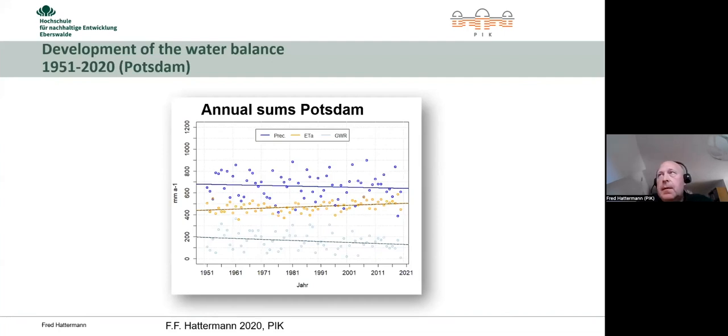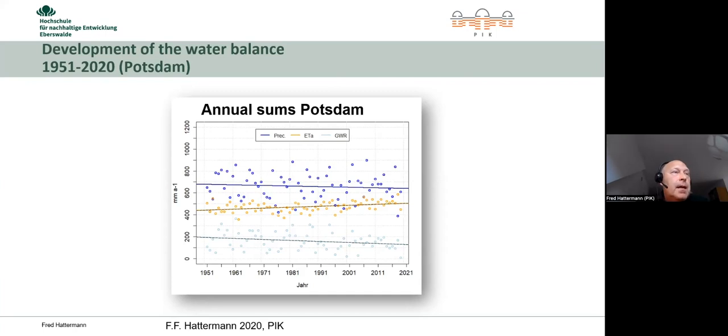And when we have a look at the development of the water availability in our area, we see that in dark blue is the precipitation, and that we did not have really a strong decrease in precipitation. We had some dry years lately, but not really a long-term decrease. But what we have is a steep and quite robust increase in transpiration, evapotranspiration. And only what is between these two lines is a corridor of where we can maneuver, this is the water availability. This is the water which we have in the end in groundwater and in the surface waters. And of course, we would like to increase or to counteract.